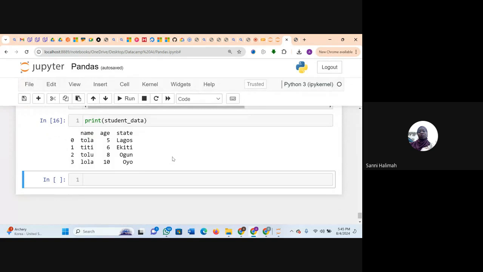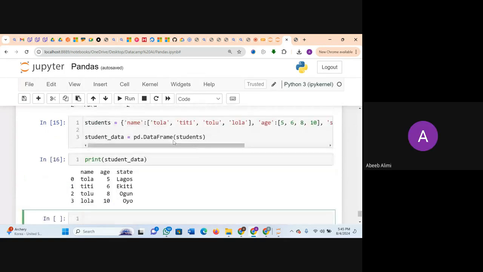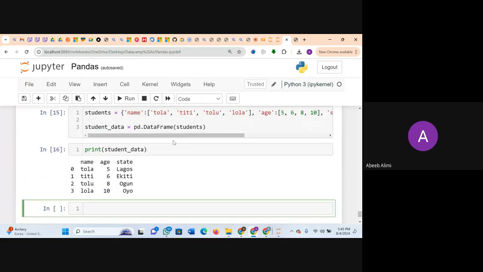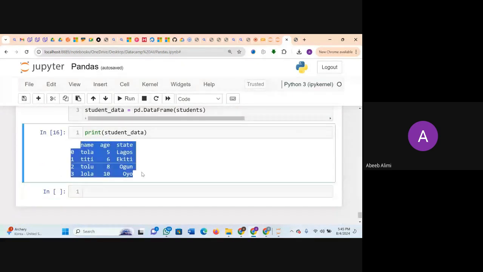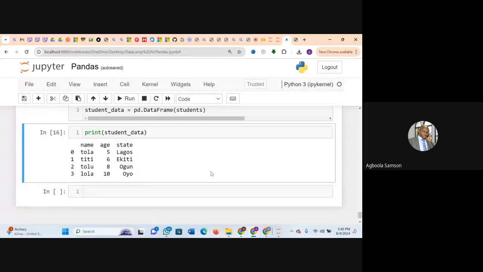Index starts from where? Index label. Now, we have a DataFrame, right? There's something called the default index in Python. Can anyone hear me?